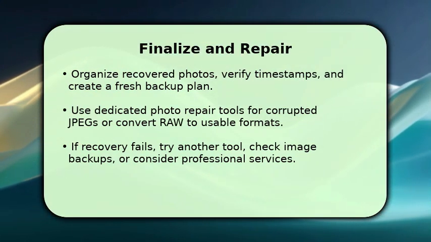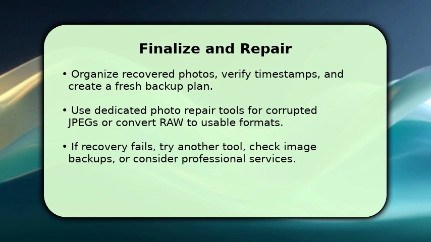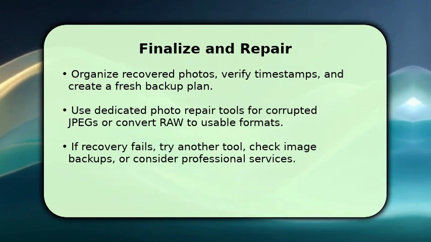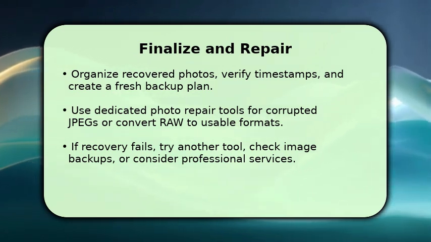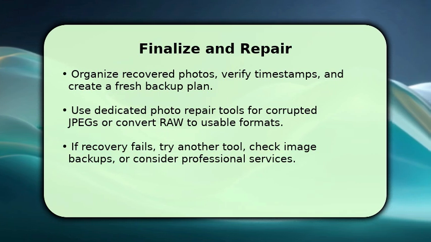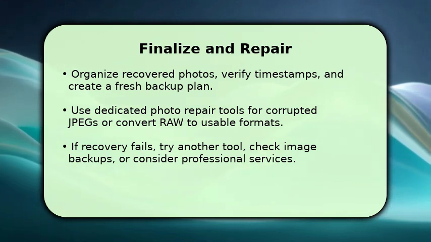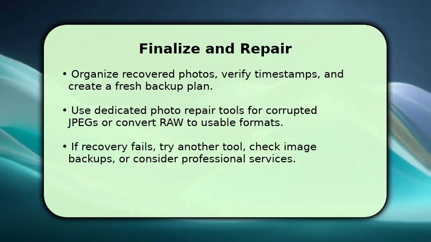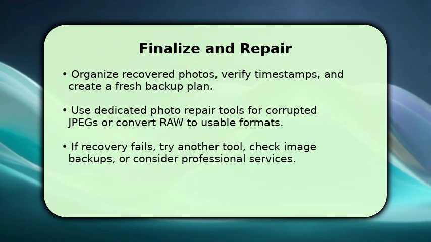If some images are partially corrupted, run a photo repair utility or convert RAW files to a workable format. Small repairs often restore usability. Finally, make a recovery checklist and enable regular backups. Troubleshooting tip: if files are missing after scans,